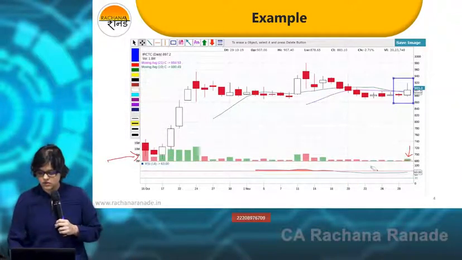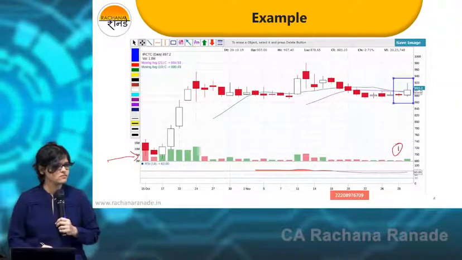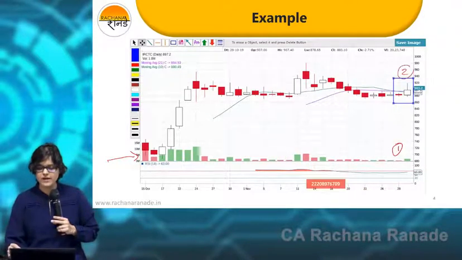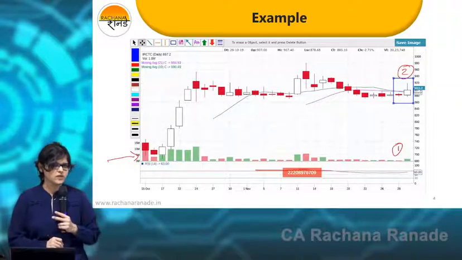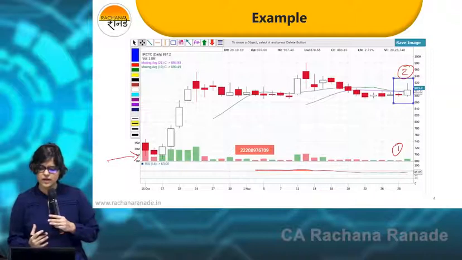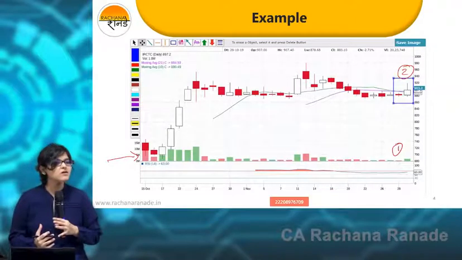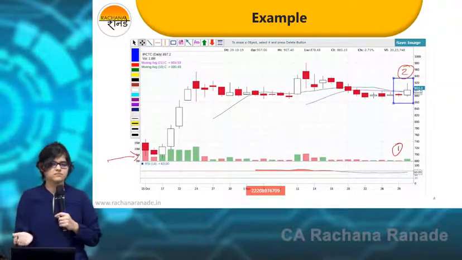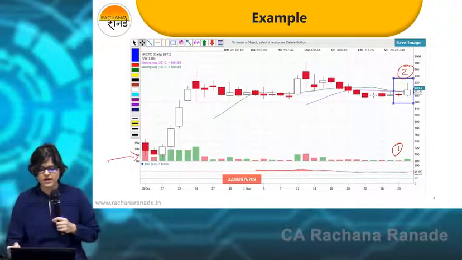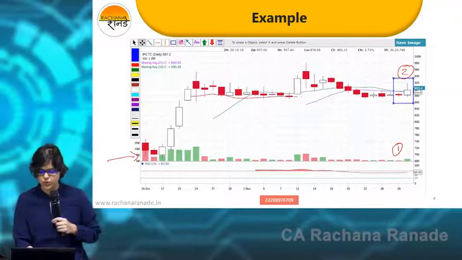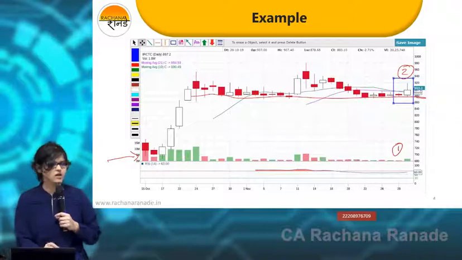Okay. So tell me in this case, number one, volume is not that great. Number two, it's not a complete bullish engulfing candlestick. That's why again I'll wait and watch, not immediately jump into that. And number three, any other reason why I should not be jumping immediately? Very good. It's a sideways trend. It's nowhere like a bottom. See, in fact, which level is this? Very good. This is like a support level.